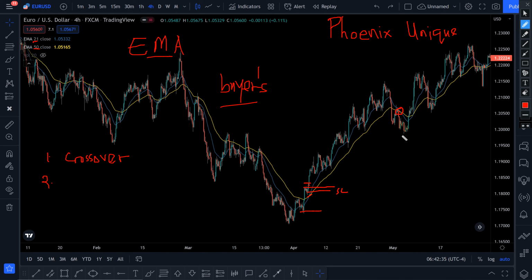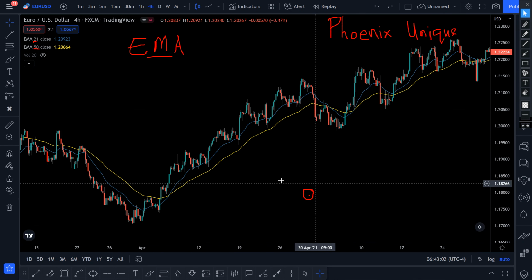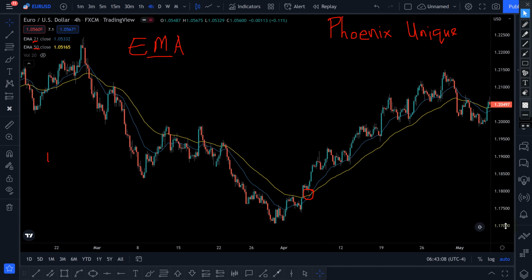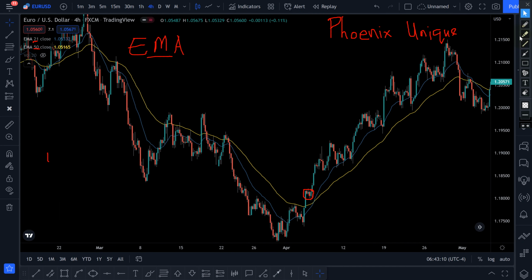As simple as that. Now let me repeat what we just said. One, you're looking simply for what? Where you have a crossover. Here, this crossover corresponds with this bullish breakout candle. What do you do when you experience that breakout candle? Simple. You take a buy on the open of the next candle, which is this